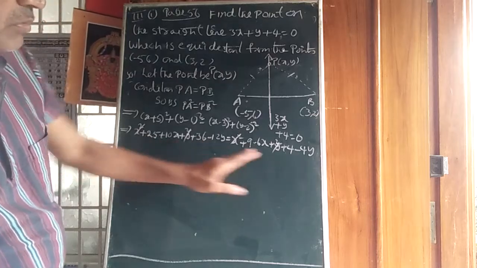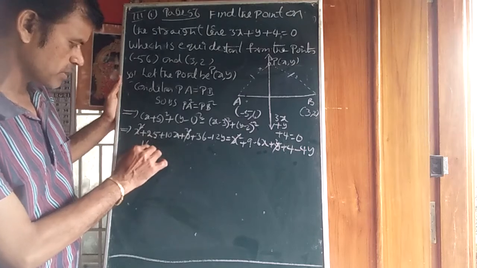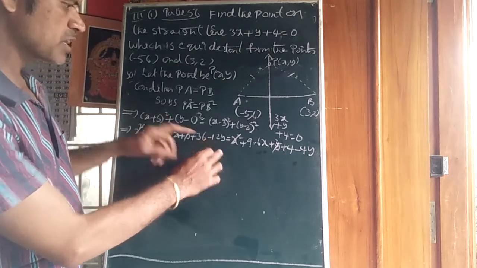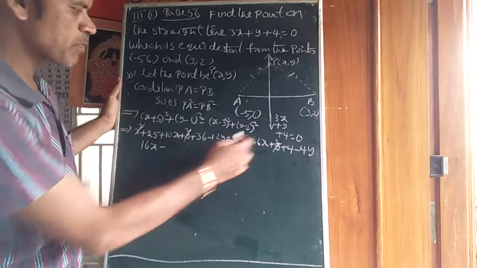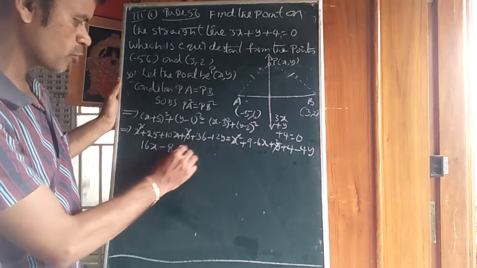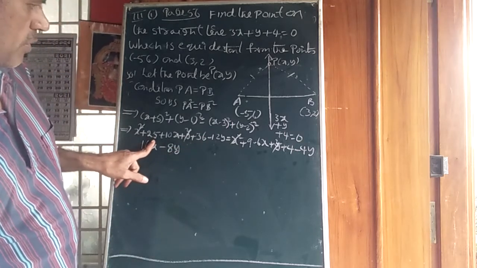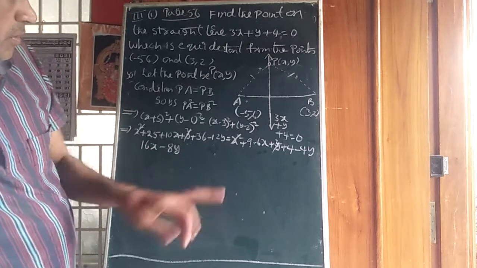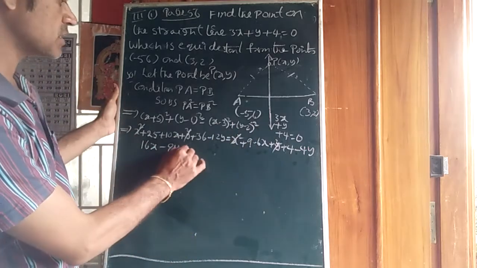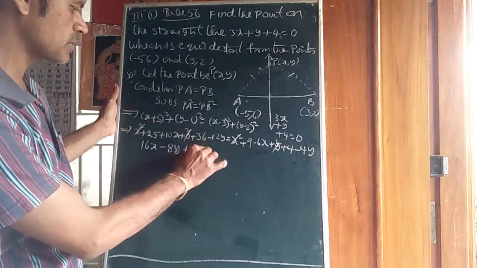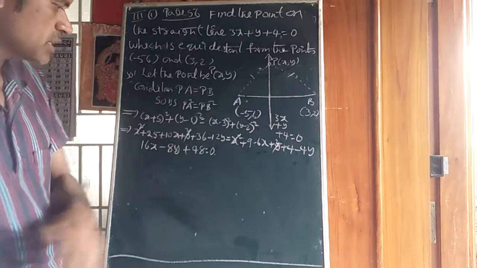Now 10x, that x taken this side, minus 6 is there, taken left side, it becomes plus 10 plus 6, 16x. Next here minus 12y, minus 4y taken this side, it becomes a plus. So minus 12 plus 4y becomes minus 8y. Next numbers here, 25, 36, 61. This is 13. 13 taken this side, 61 minus 13 becomes 48. 48 equal to 0. I think you can understand this one.